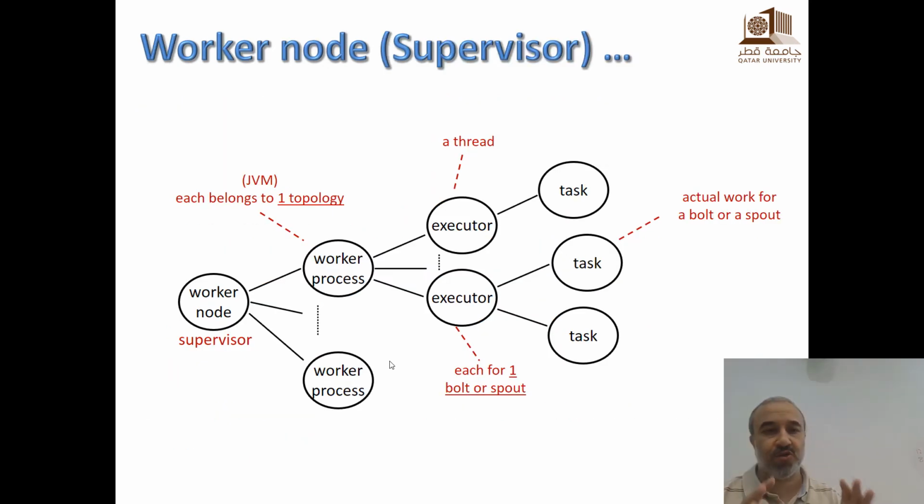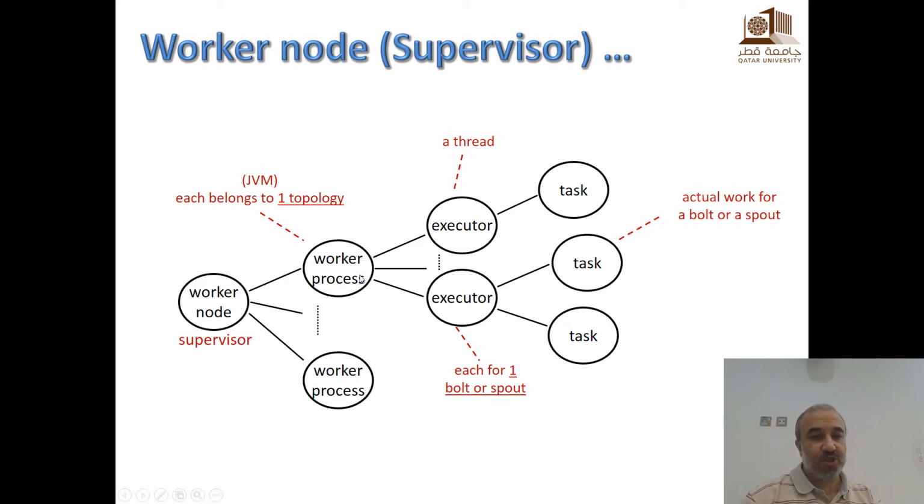Now, looking at the worker node, which is in Storm called supervisor. The worker node runs multiple worker processes. Mistakenly, I'm sorry that I said that each worker process is a thread. No, each worker process actually here is the Java virtual machine, which might run multiple threads. So each node has multiple worker processes.